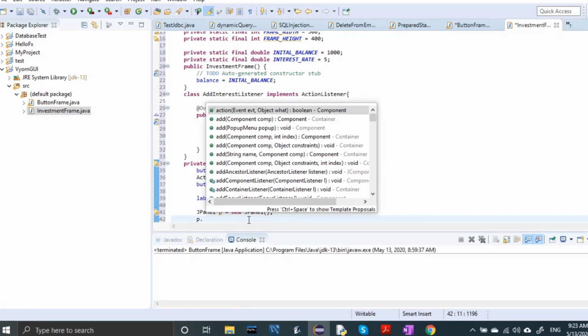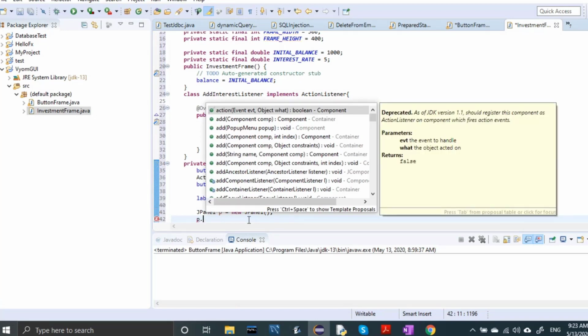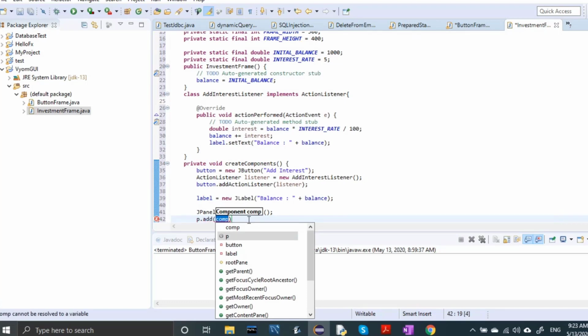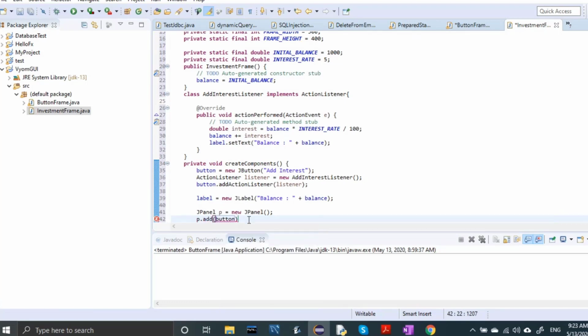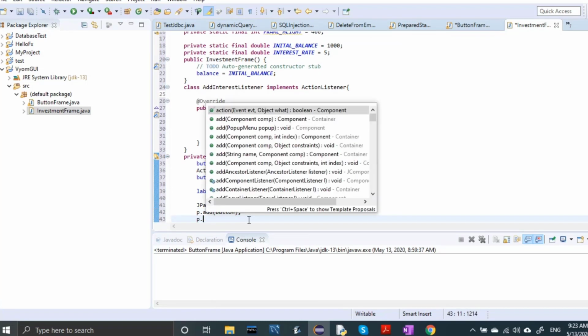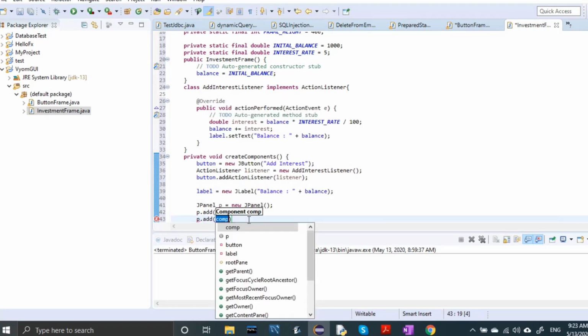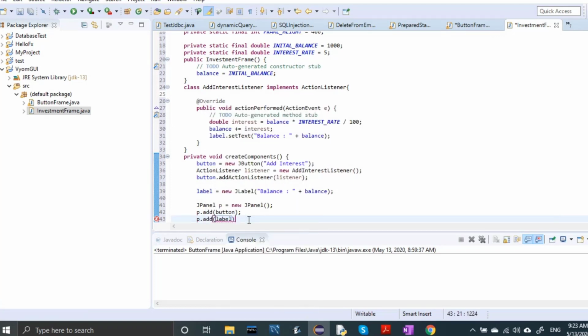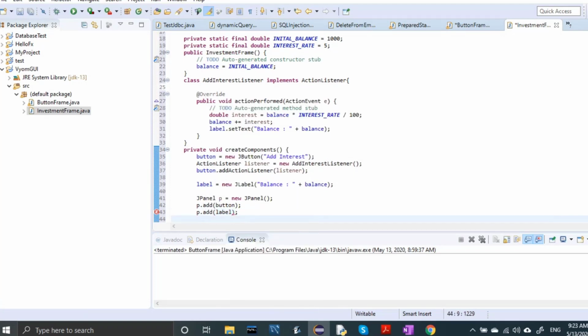Then we write p.add, component will be button first. Then we write p.add, then we write label here, and then we have to add the panel to frame. So we write here add. So this is our create component is done.